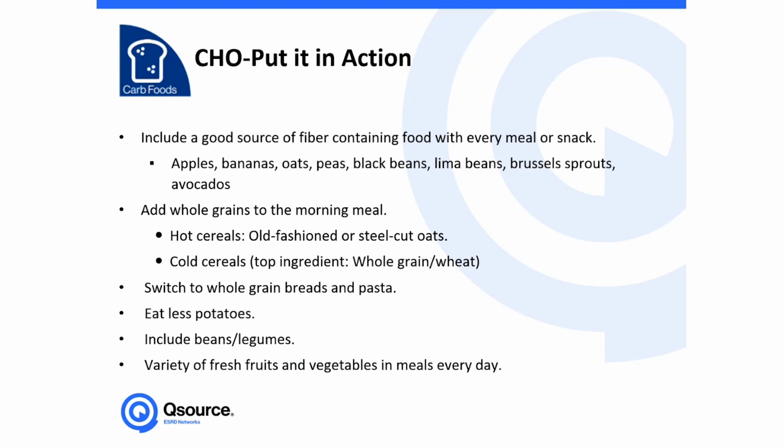With a lot of information covered over carbohydrates, how do we go about applying it to day-to-day choices? So here are some tips to help a client or even yourself work on including carbohydrates and making healthy choices when including them. So include a good source of fiber-containing food with every meal or snack. So that could be apples, bananas, oats,